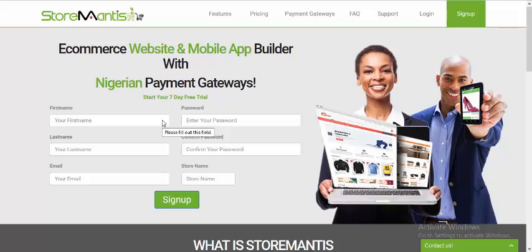Hello, in this tutorial, I want to run you through how to create a StoreMantis website. So, first of all, go to the StoreMantis homepage and you'll see the sign up form right there on the homepage. So let's type in our first name, last name, an email,